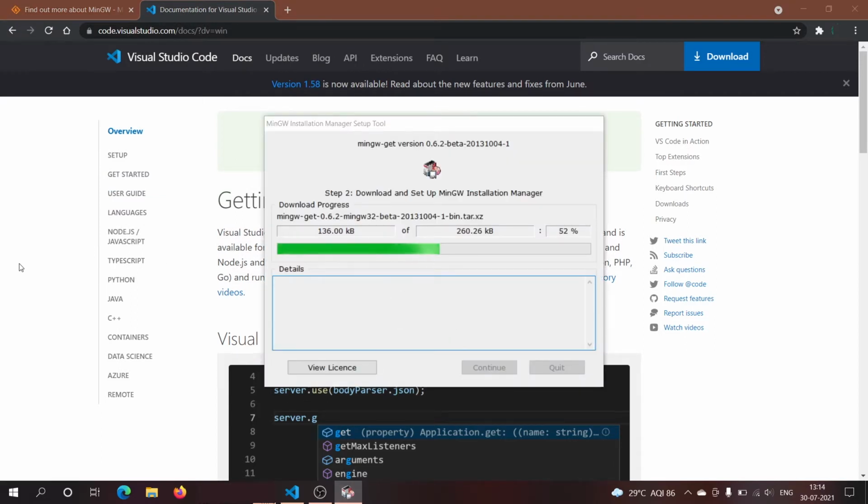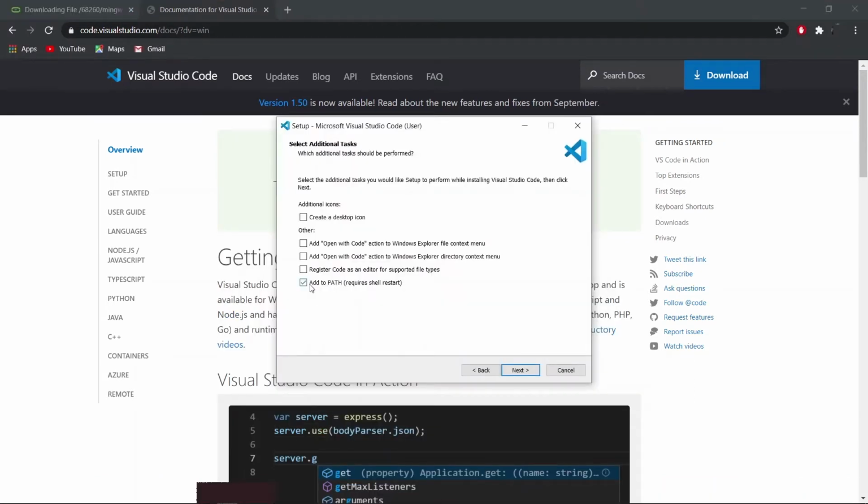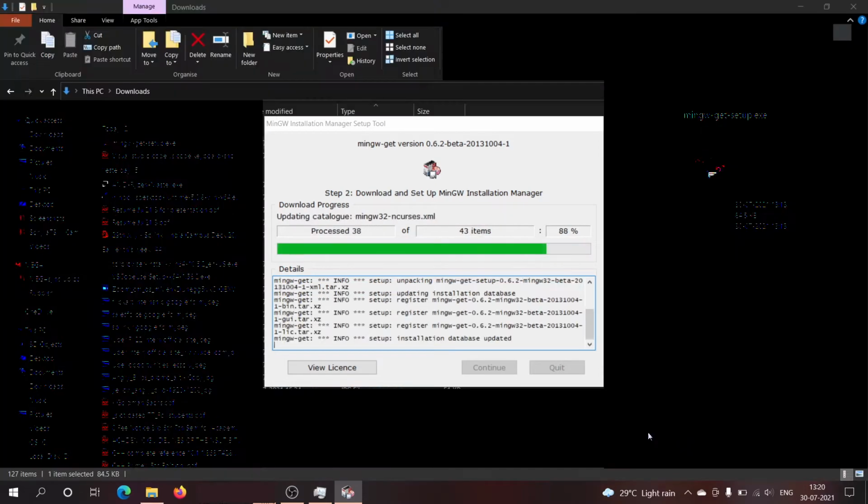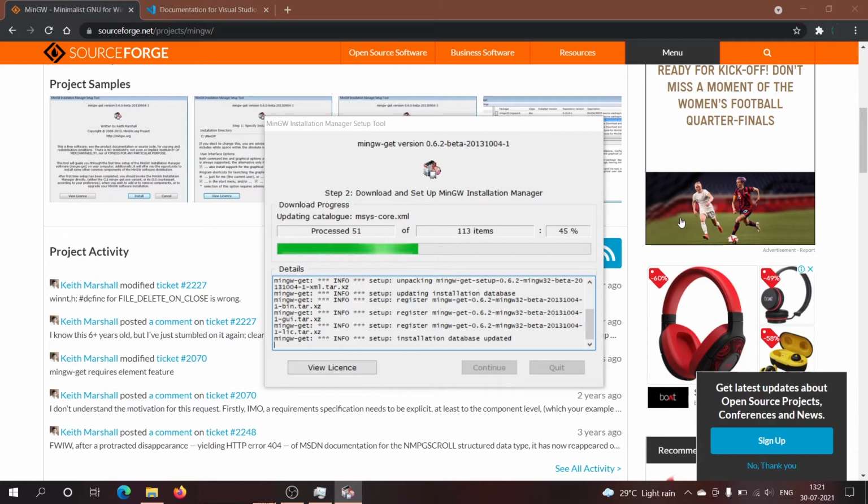We will wait for MinGW. Also, one thing I would like to comment on is that while installing VS Code, make sure that the add to path option is clicked. It is selected.